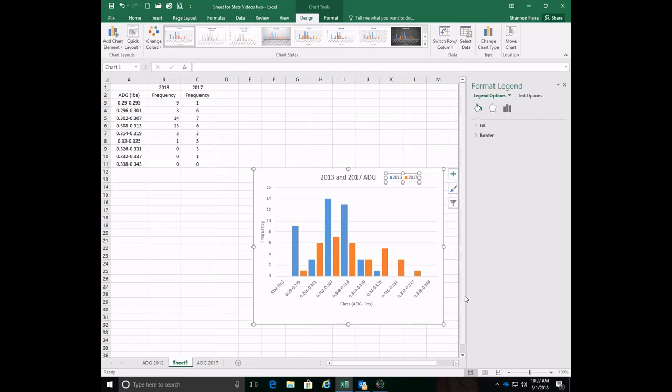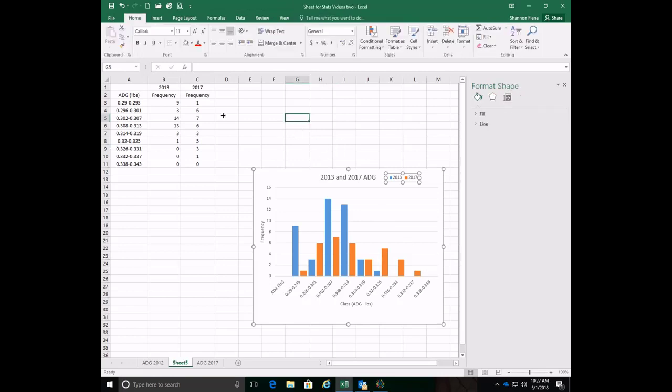Okay, so again, the histogram is just a graph representation of your frequency distribution, and we do it so that we can look at the shape of our data. And what we're looking for is that normal bell-shaped curve where it comes up and comes back down. A lot of the assumptions that we make in statistics are founded in the assumption that we have a bell-shaped curve. So we'll talk about that throughout the